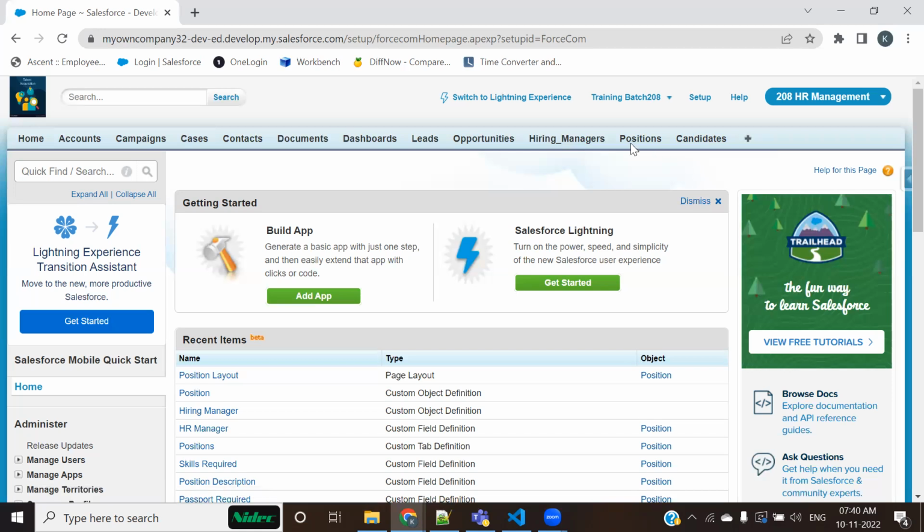Now we have 10 positions of Java developer and 100 positions of Salesforce developer. Now we can ask the candidates, are you qualified enough that we could take your profile and portfolio for this particular designation? So what we see here is that having a record of the candidate is dependent on the position.